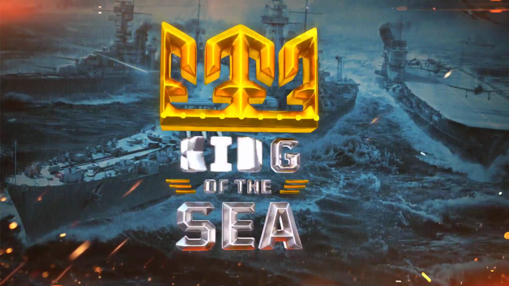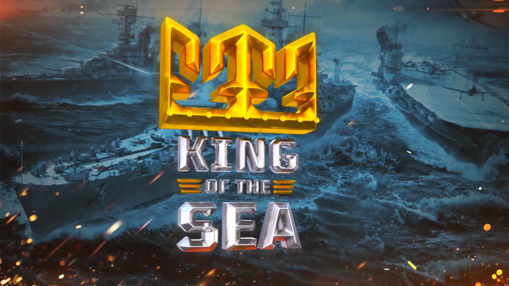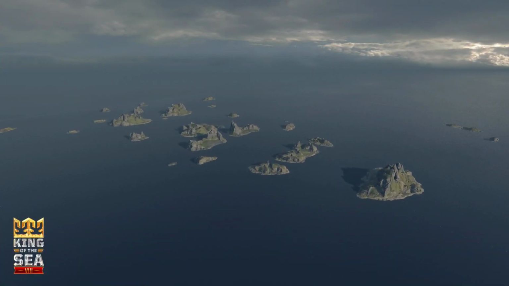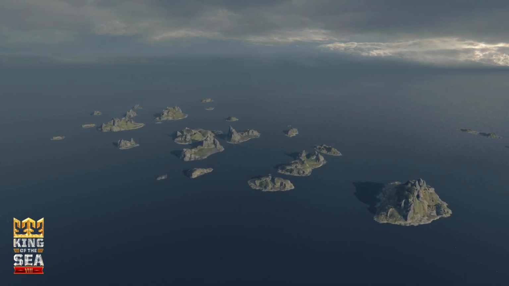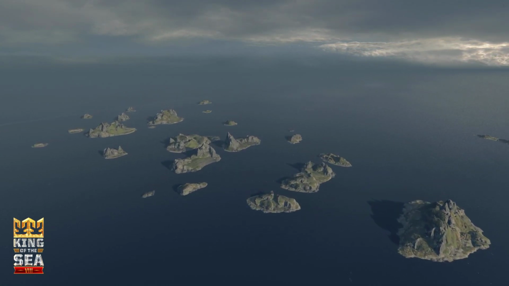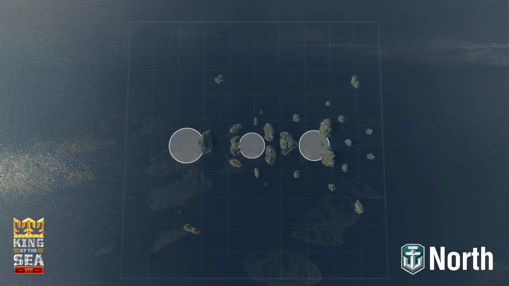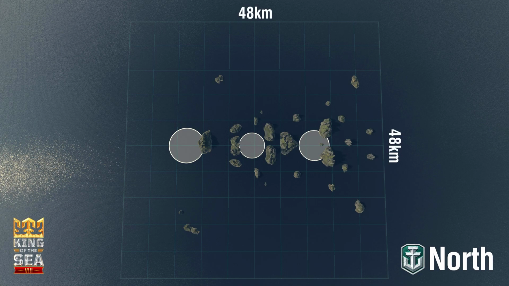Do it. The rocky shores of the North Sea comprise the setting for a titanic clash of enemy fleets. These tall evergreens and mossy rocks will soon bear witness to the deafening sounds of battle as two teams vie for dominance of the ocean. This is North. North is a 48 by 48 kilometer domination-style map with 3 cap points running in a line